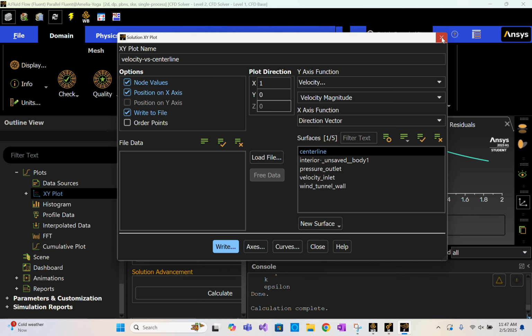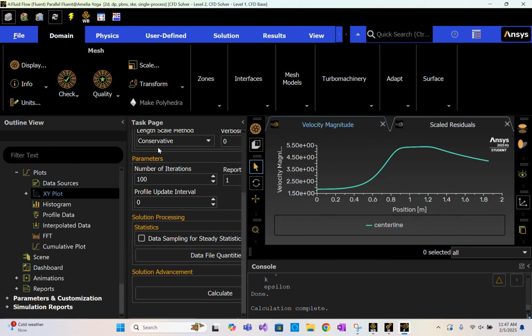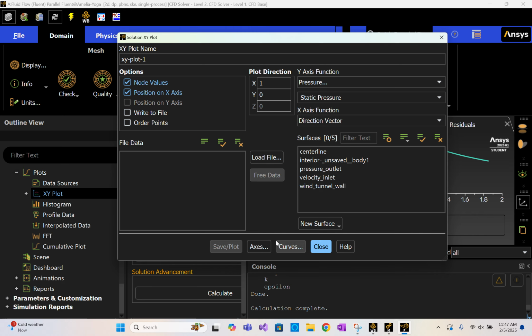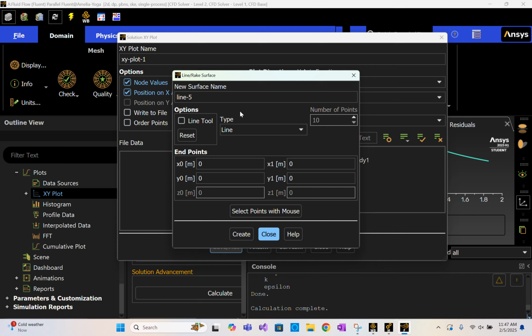All right, now we need to do our vertical graphs. So we're going to click a new plot. We have to add another new surface, so that's going to be another new line. We're going to call this test center, and this is going to be a vertical line in the center of the test section. So again, based off of how you modeled this, it'll be probably different from what mine is,